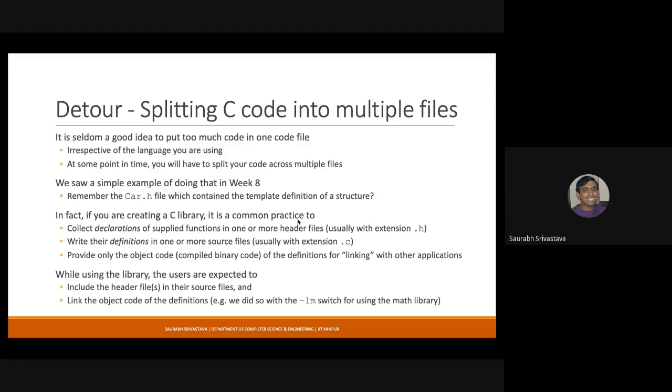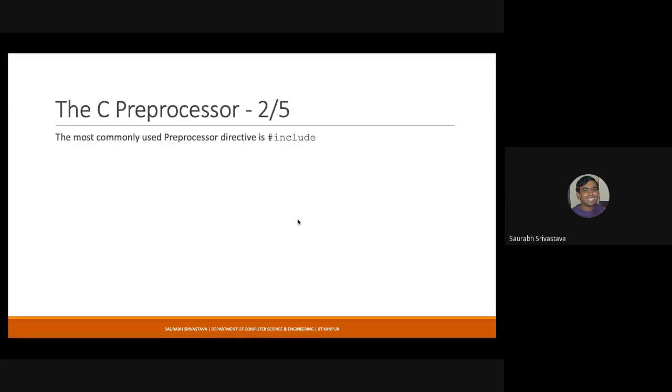Splitting your code into multiple files is not going to be a part of your end semester exam.